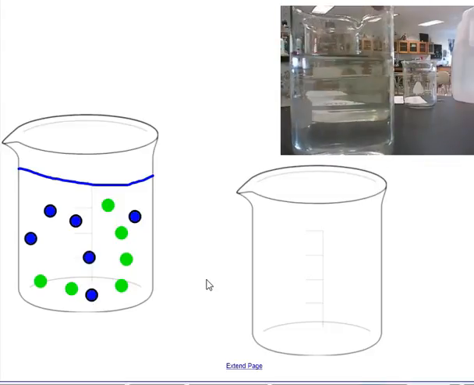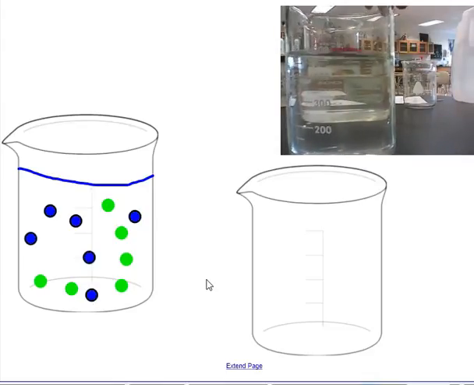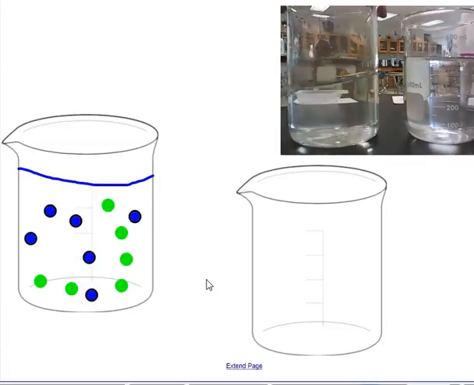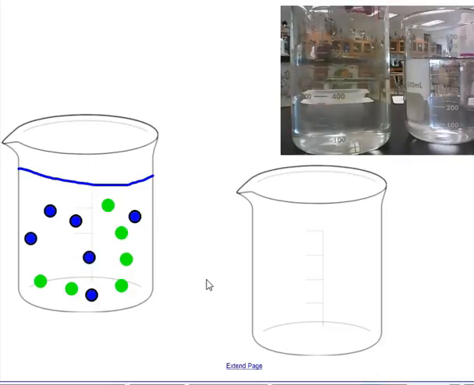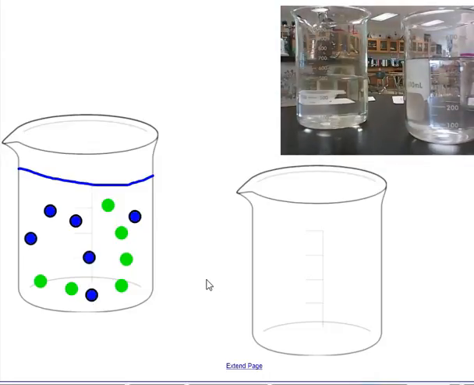so now I have, there's the mark, 500 milliliters of a 1 molar solution in this beaker, and I have 500 milliliters of a 1 molar solution in this beaker. So just because I split the solution into 2 beakers doesn't mean I change the concentration, and the ratio is the same. So if I was to move